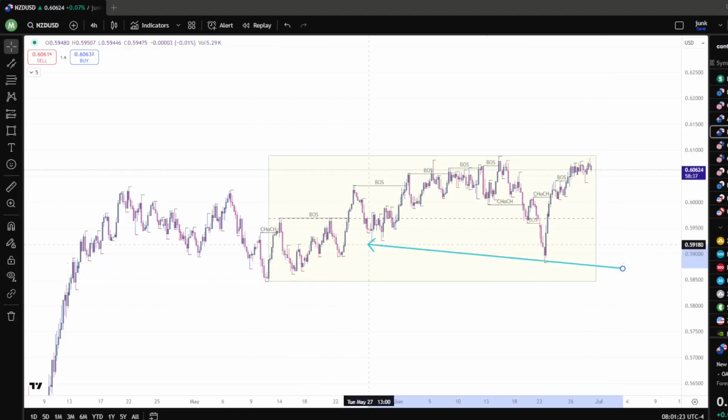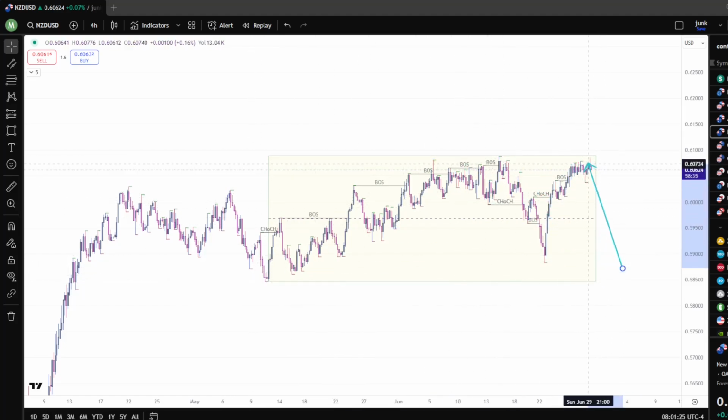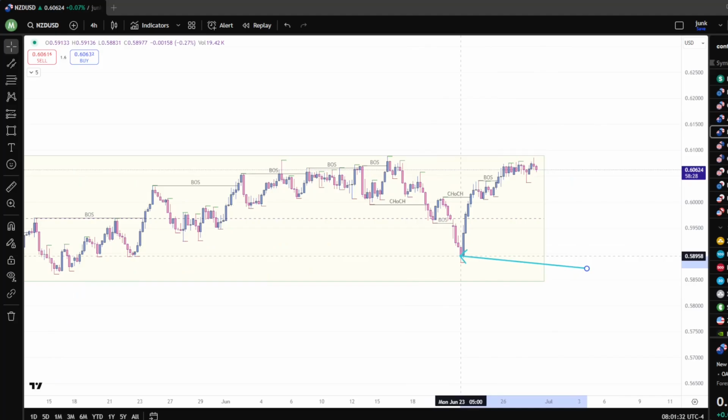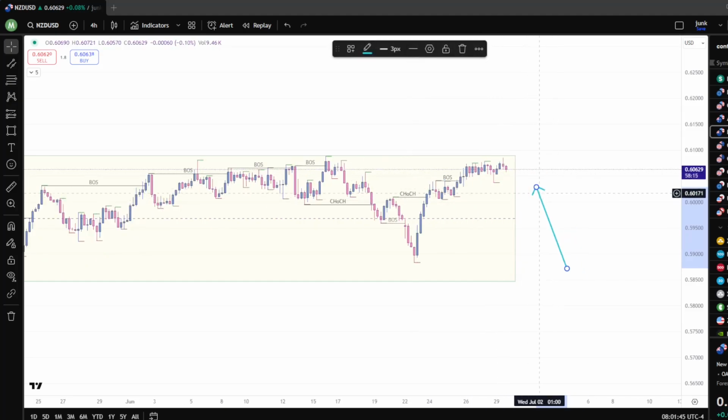Overall range is still from this low to this high, since these highs weren't taken out. I mean, these highs didn't take out this high. So it's something similar to Aussie dollar, making higher highs, higher lows, higher highs. And then there was a sweep of this liquidity sitting under these lows. Buyer stepped back in and broke structure to the upside. So swing structure bullish, internal structure bullish, and now we're just